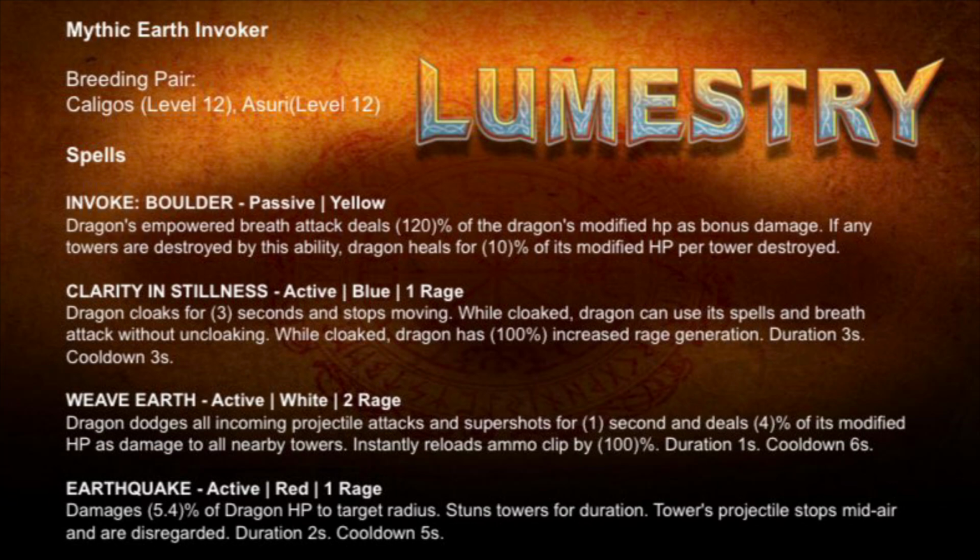So when you think about it, this invoker's spell set is very similar to that of Morak. Now, there are some key differences which I think are going to significantly limit this dragon. The main one being that it has a blue and a red spell, and the rage costs, I'm not sure how it will all work out, but they might end up being a little too high. This dragon does have a little bit of an advantage over Morak in that the Earthquake spell actually stops midair projectiles and freezes them, whereas